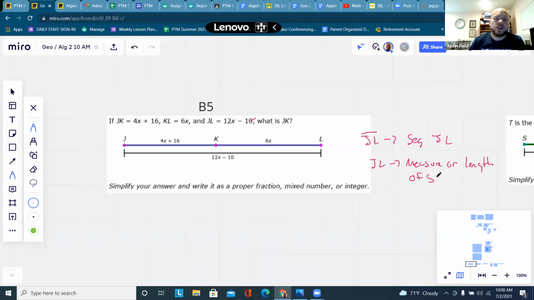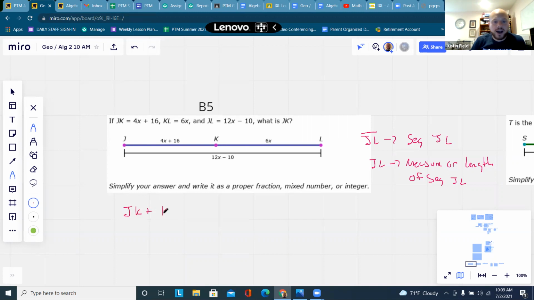of segment JL. So see how they didn't put the bars over the top? That's on purpose. That's because they're talking about how long JK is, or the distance from J to K. So we know that J to K is 4x plus 16, and K to L is 6x. And we know J to L is 12x minus 10. So we can write the segment addition postulate, which says that J to K